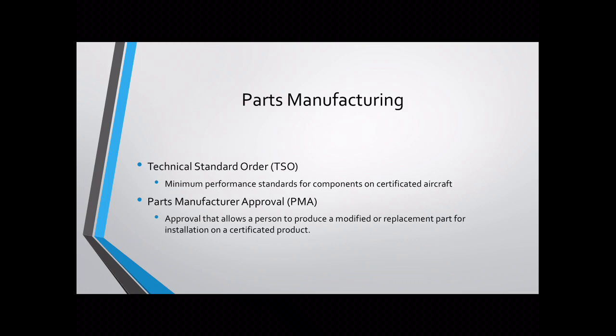A manufacturer can apply to use a technical standard order when producing components for their aircraft. On the other hand, a parts manufacturer approval, or PMA, is something that the FAA will approve upon application that allows a person or manufacturer to produce modified or replacement parts for installation on a certificated product. This differs slightly from what we would see with a supplemental type certificate because we aren't altering the design of